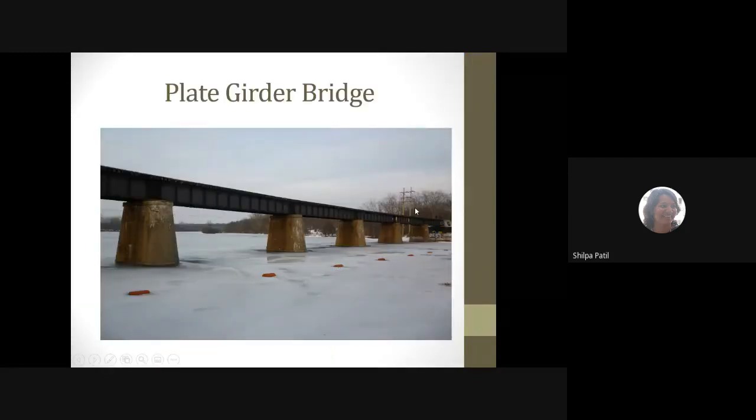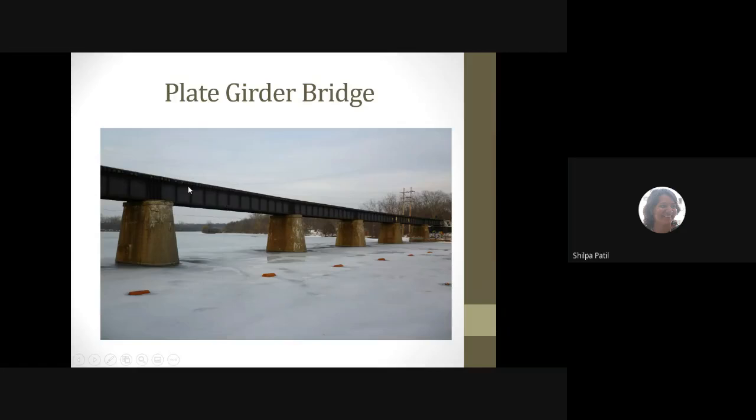Then another important term is the plate girder bridge. This is also a bridge, but it is called a plate girder. Many times the depth of the steel sections available in the market may not be sufficient to carry the moment. We require larger depth beams to carry huge moments. In that case, instead of using steel sections, we have to go for built-up sections. Those built-up sections are formed by connecting plates, in the form of a plate girder. A girder means a beam, which is made by connecting different plates. So the name is plate girder.